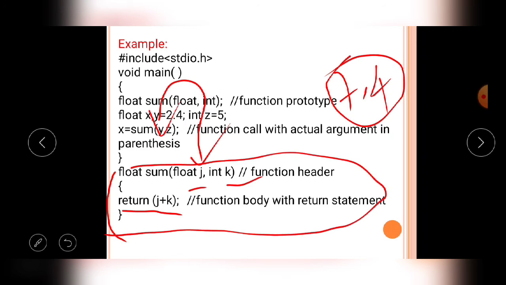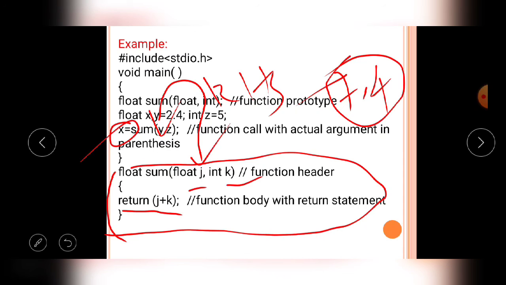That means in this line the control moved from the RHS, the right-hand side. That's why the 7.4 value is also pushed to the place of the RHS only. Now the 7.4 value is stored in x. Then I will print it with the help of the printf statement, and the x value will be printed on the output screen.